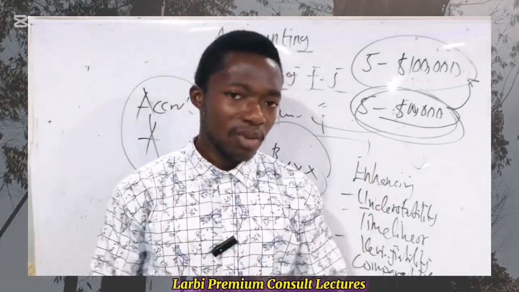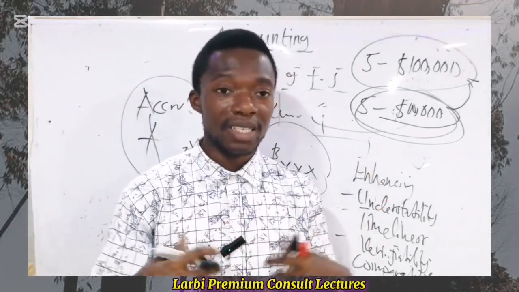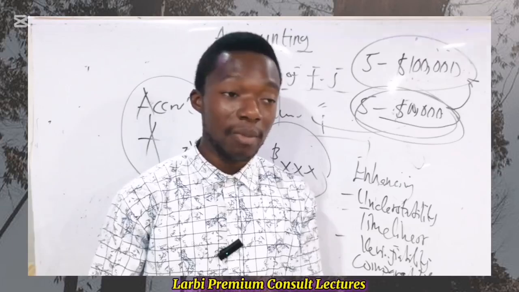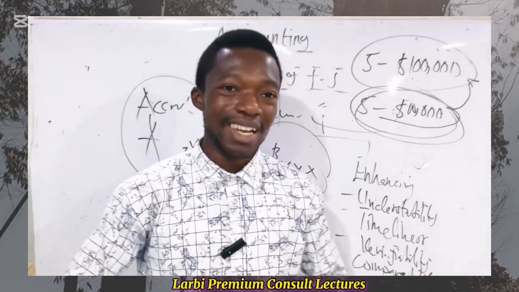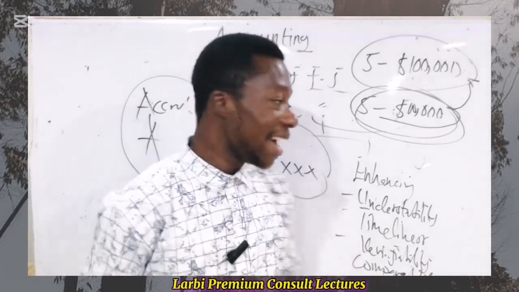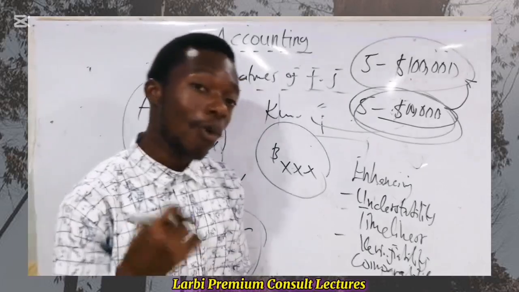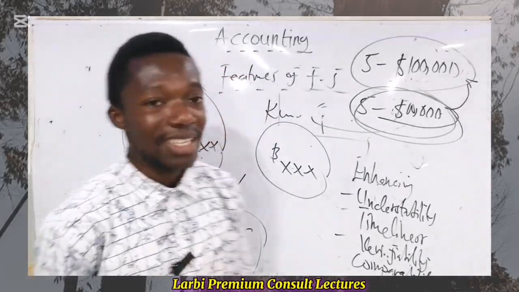We'll get to some of these when we start with the conceptual framework of accounting. All accounting information or financial statements are produced historically. That means they are previous information, and based on that we make useful decisions. And these are the things that we look out for when it comes to the features or the qualitative characteristics of the accounting information.